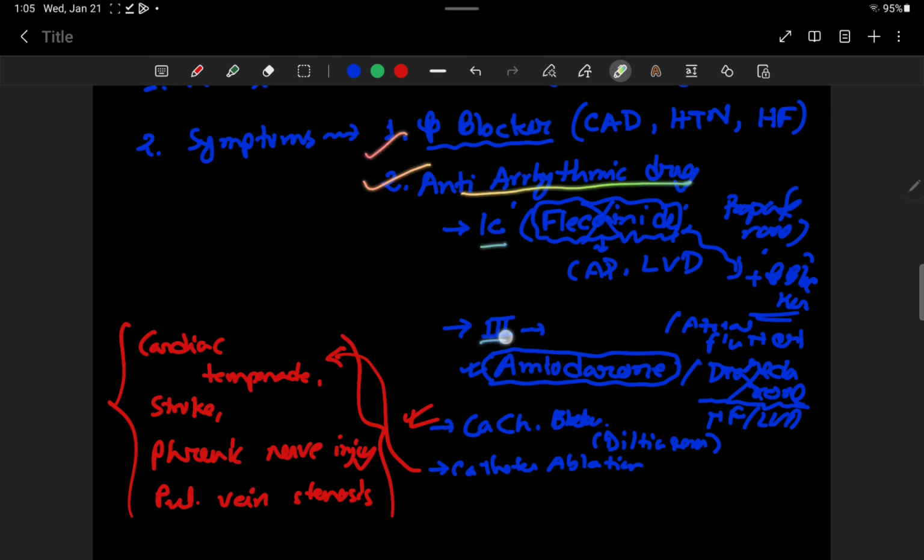There are two types of drug, 1C and 3C. I will prefer amiodarone, but we'll use it for refractory cases. So you can go with flecainide, propafenone, but if you use flecainide, you have to give the beta blocker. So beta blocker, and a good option is amiodarone. If it is not controlled by beta blocker, usually these patients have a different kind of problem like coronary artery disease and structural problem. So you will see you are going for amiodarone with beta blocker.